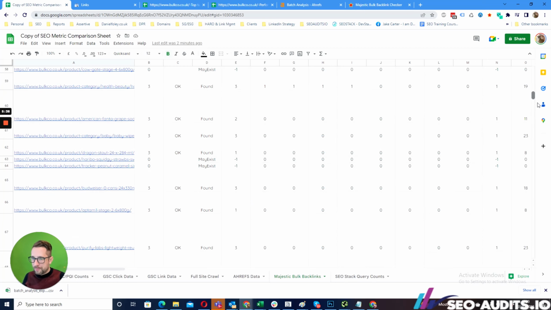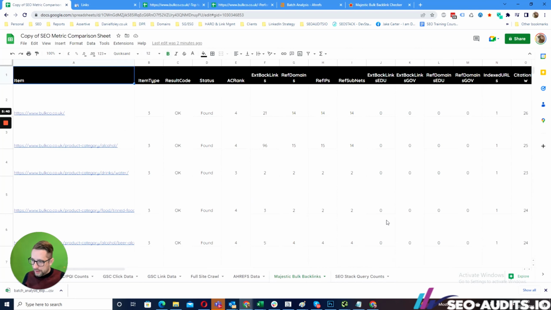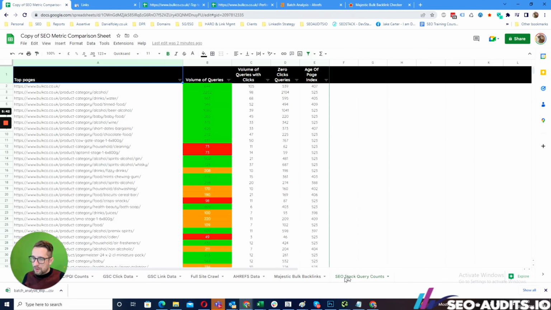And this will flood. Now, lastly, this one, obviously, I use SEO Stack because it's my own tool. But obviously, if you're not using SEO Stack, that's fine. What you would need to do, effectively, is paste your list of URLs. Then what you need to do is find out the volume of queries associated with that